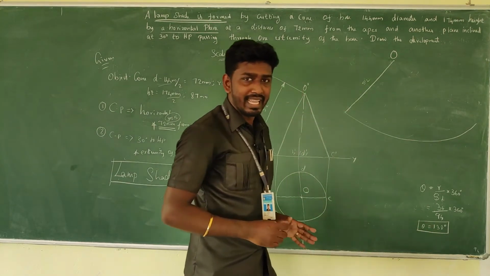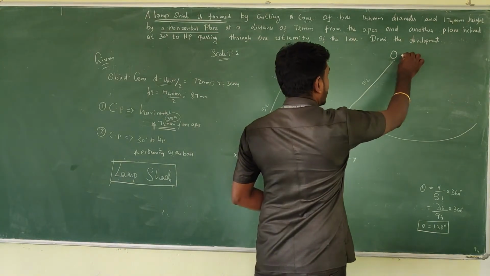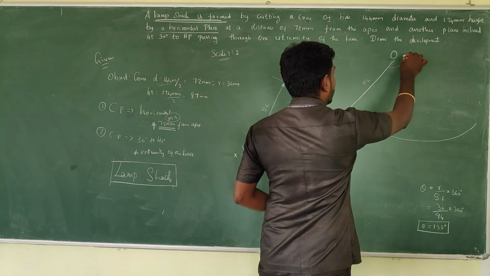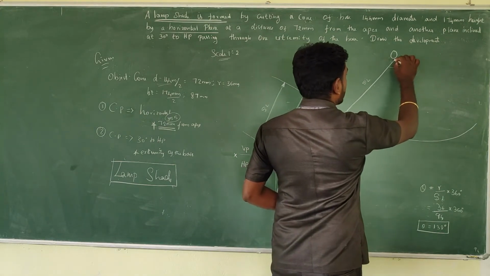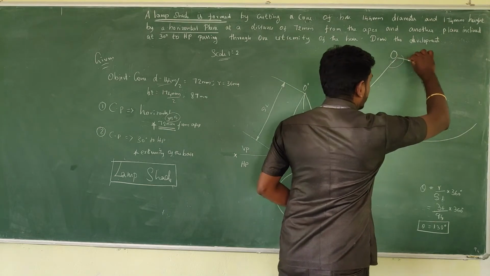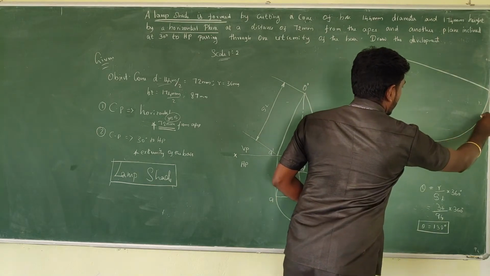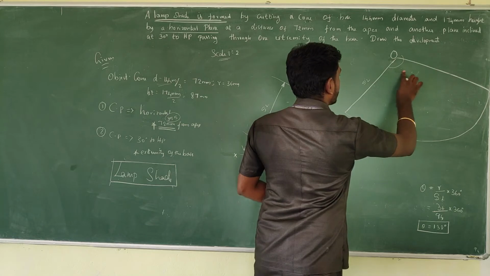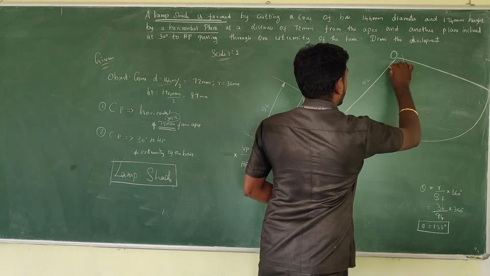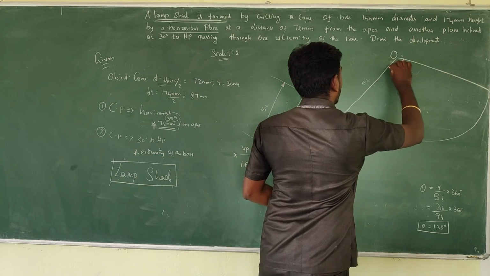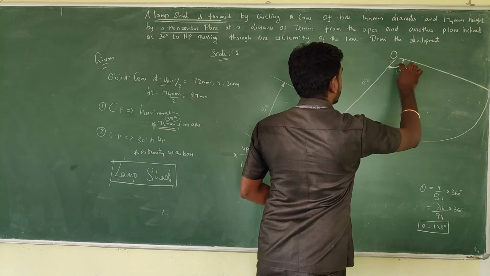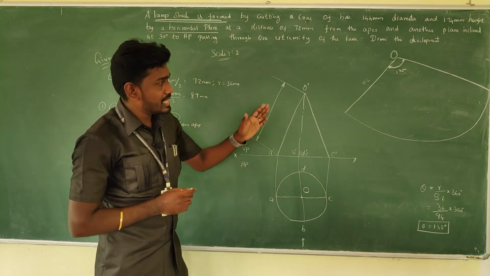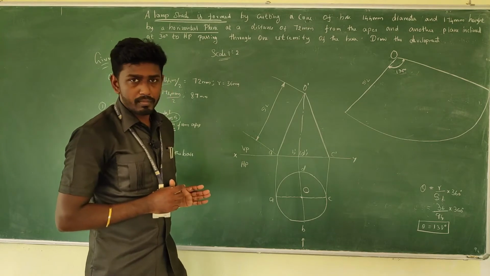And then we have found the end line theta. Am I right? 138. So in order to close it, keep a protractor in such manner and measure 138 degree. From here you measure 138 degree. So approximately here you will get it. So I'm going to take something like this. When you're extending it to the line at 138 degree, you'll get the segment of the triangular face, the stretch out which we get from the cone. So this is the stretch out we get from the cone.